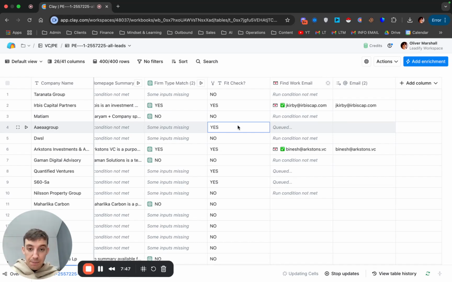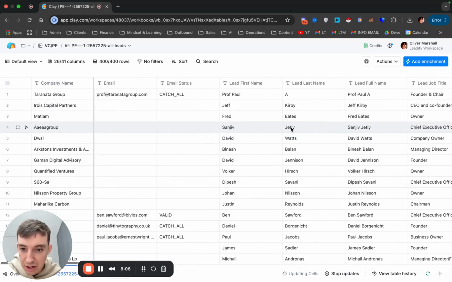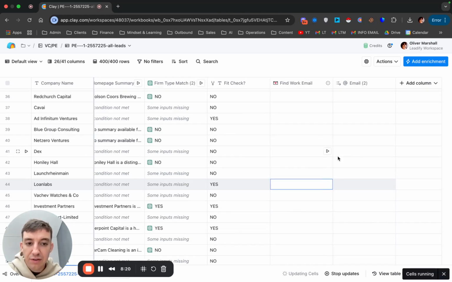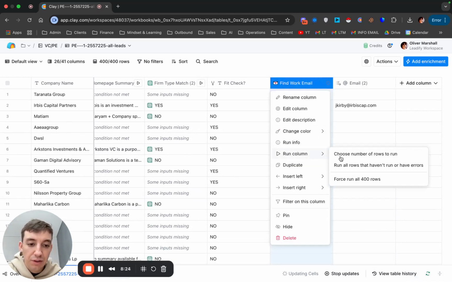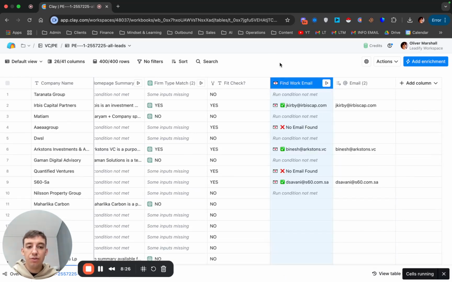Instead of just assuming that that list is perfect from the get-go, we have put it all together, and then we have filtered the list, we've enriched the list, so we've found more websites, all this kind of stuff, so that we can expand and get as much coverage of the list as possible. Right? So again, you can see here, yes, no, even found. Okay, yeah, so for example here, if I clicked here, this should say run condition not met. Yeah, perfect, cool. So then I'm going to run this whole thing, run all rows, and then of course you can,